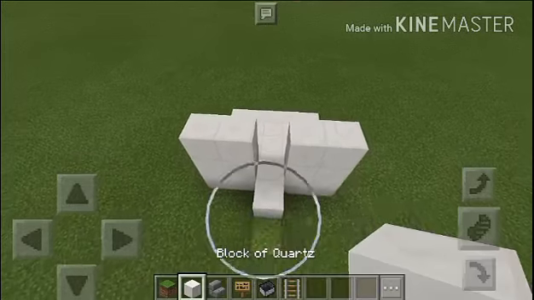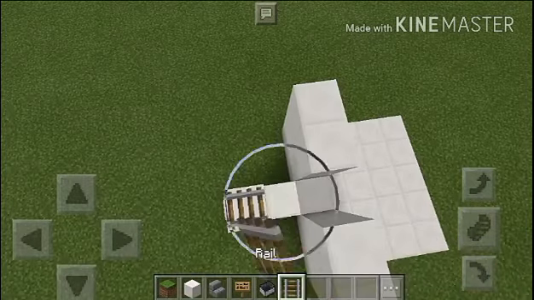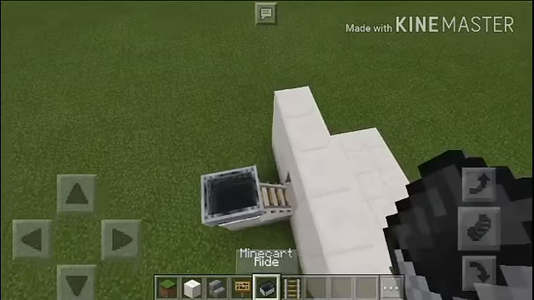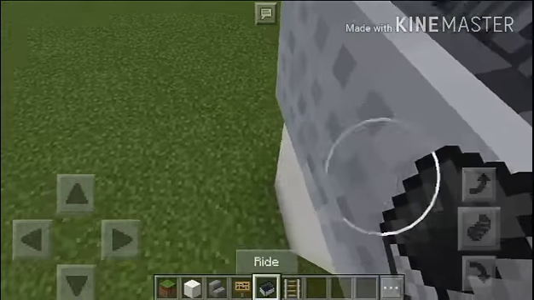You put some block of quartz here, and put some minecart, and you push.